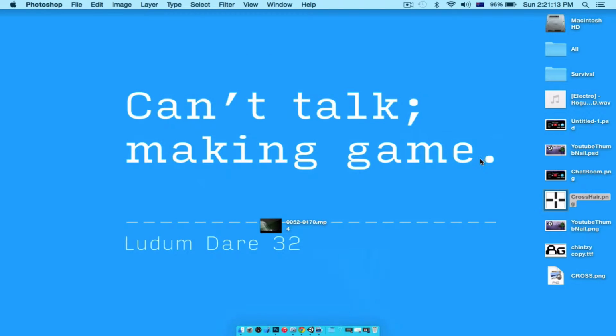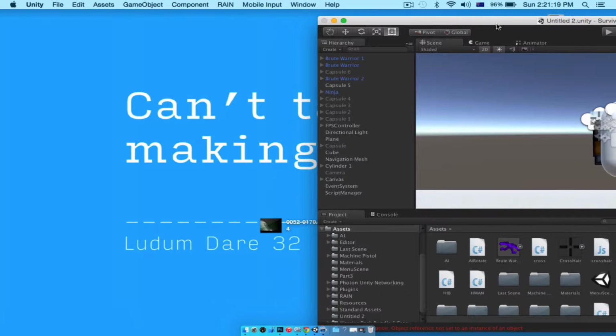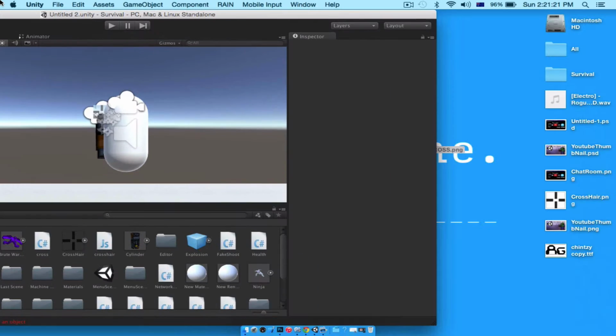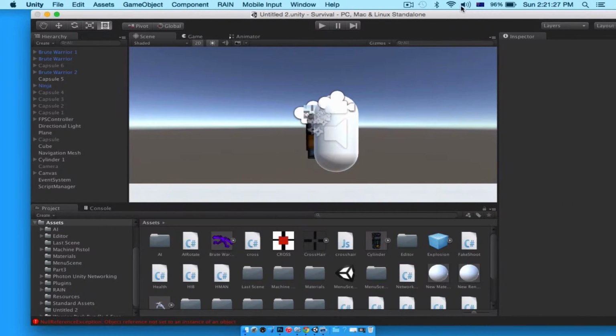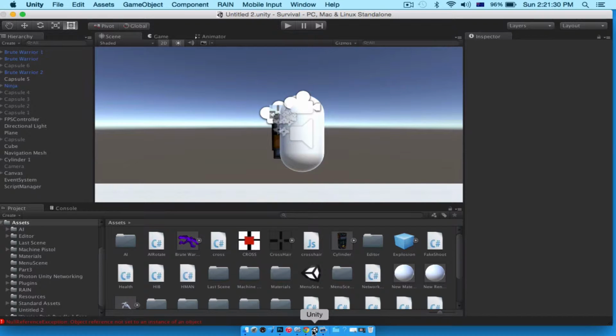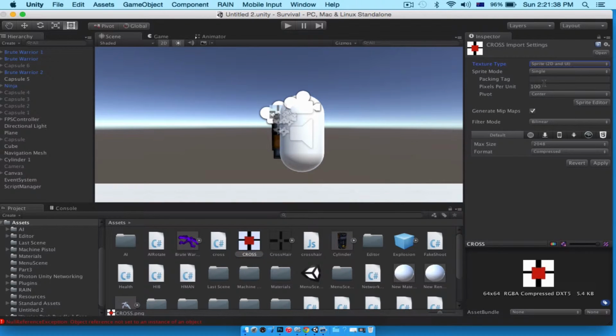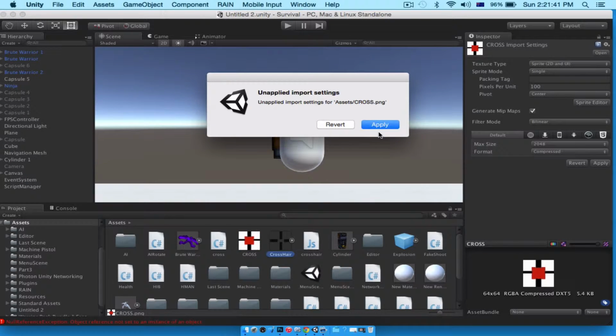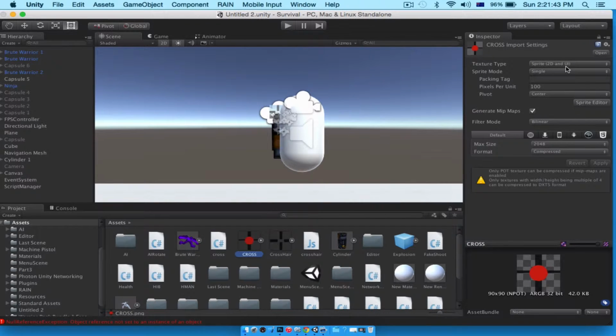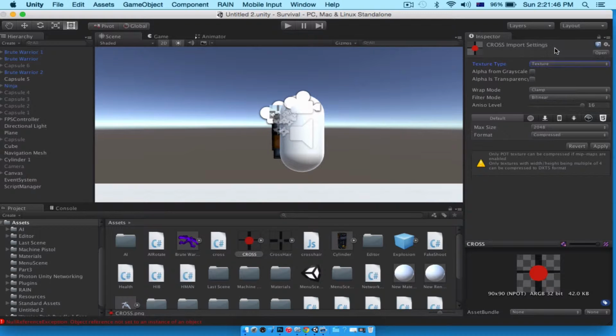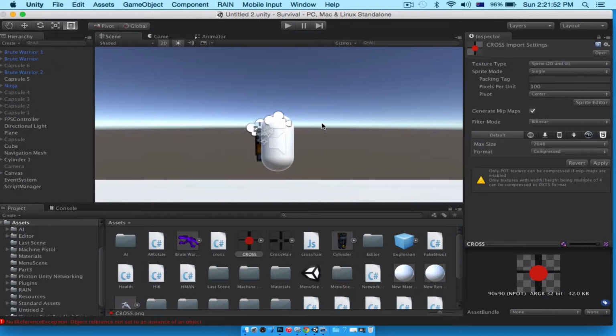Okay. Now, once you have your cross here, you're going to drag it into your Unity project somehow. I wish I bought a Retina, just like the bigger MacBooks with the bigger screen size. It would really be helpful. And we have made a mistake. Wait, there's something very wrong with this. Oh, okay, so it was on texture. Change it from texture to Sprite 2D or UI. Okay, once you do that,